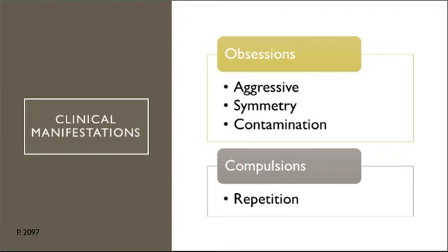Symmetry, needs to have objects in a fixed symmetrical position. They repeat movements such as going in and out of doorways, getting in and out of chairs, touching objects, counting or spelling things silently or out loud. It's this compulsion, obsessive compulsive disorder. They are not cognitively aware of this. With obsessive compulsive tendencies, they know it's interfering, but with the disorder, they are not able to distinguish that this is